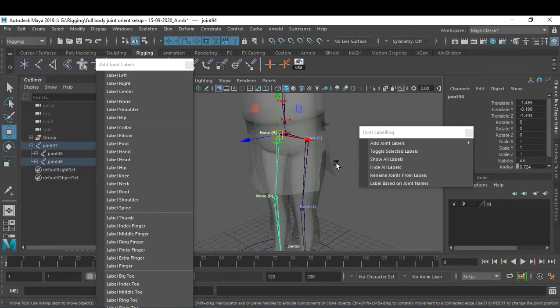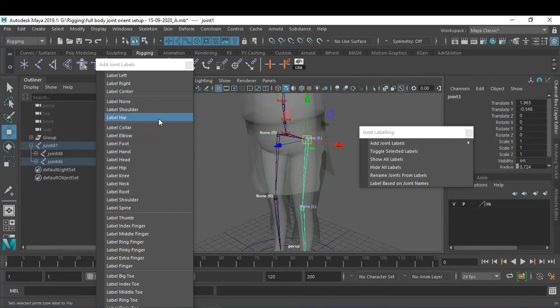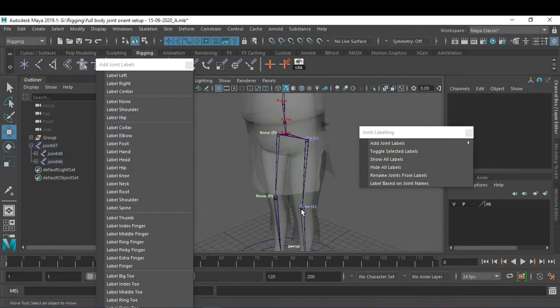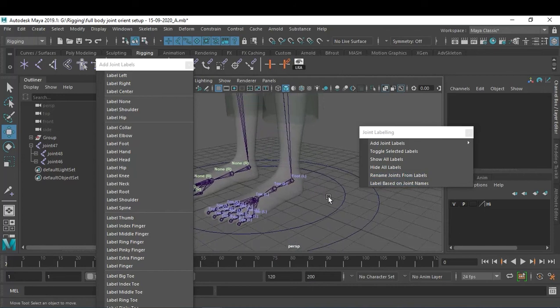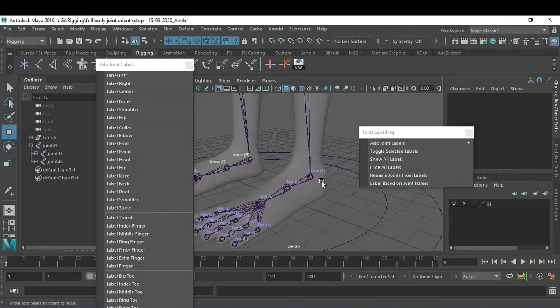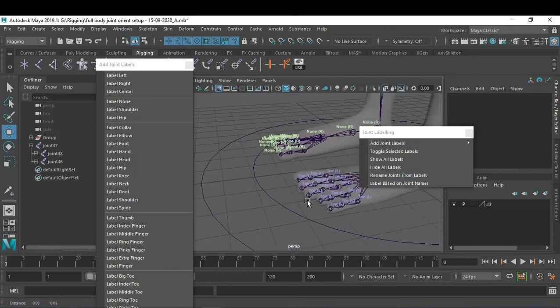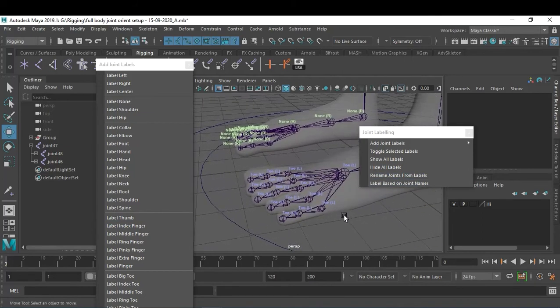And then you have to define this also. This is your hip. Just click on this hip. So this is hip, this is knee, this is heel, and toe. We have to rename that particular thing, but all those things are taken care of now.